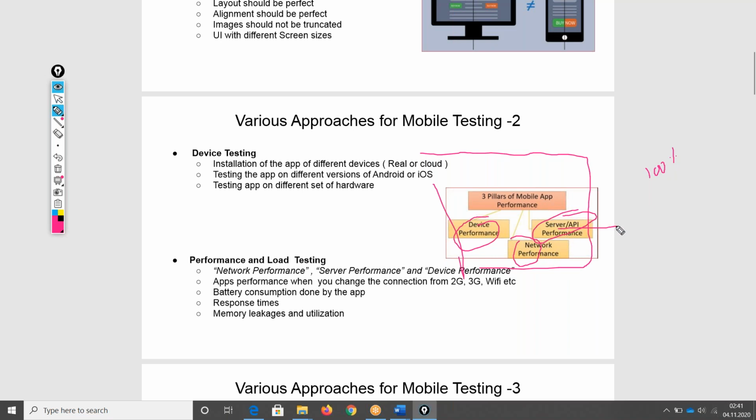So they are saying, okay, we will test the response time and we will see how the APIs are behaving. So that's not the complete answer. Complete answer is you have to take network performance and device performance into account, because most of the time in mobile apps, battery consumption is a very important factor under performance. In device performance, we are very much interested in battery consumption, and in network performance, we are very much interested to see how the application is behaving under different kinds of